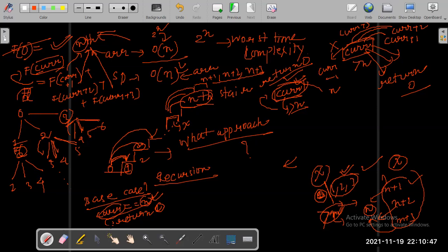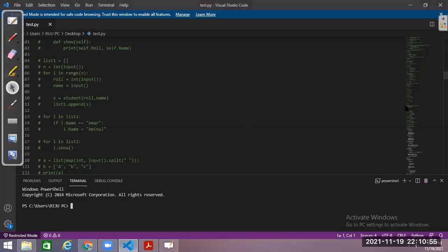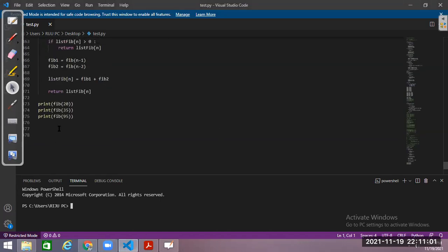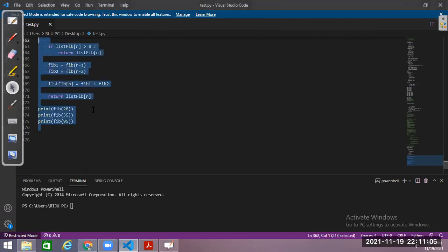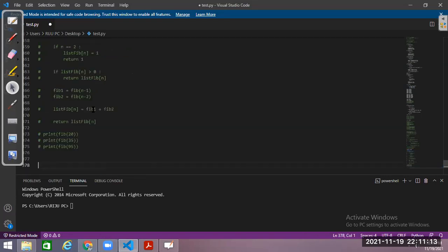So how will we code this using recursion? Let's keep the list because that will be handy.